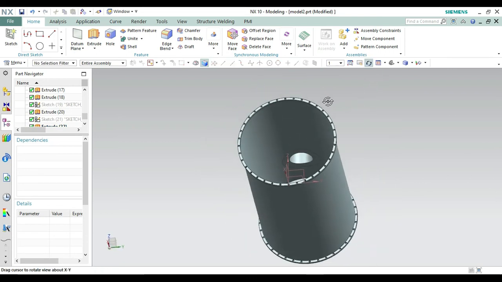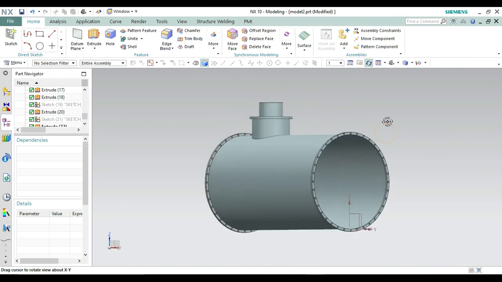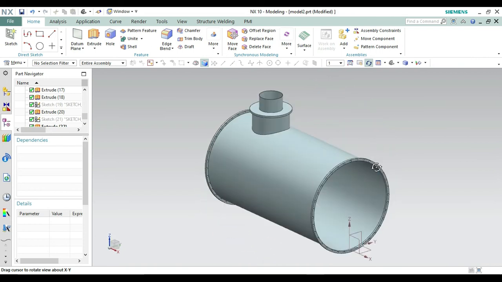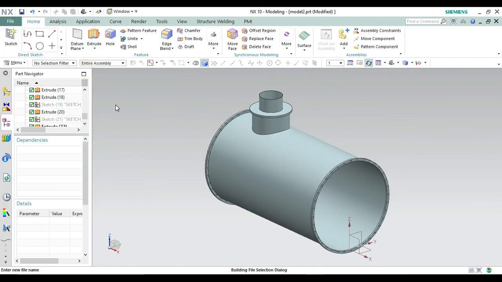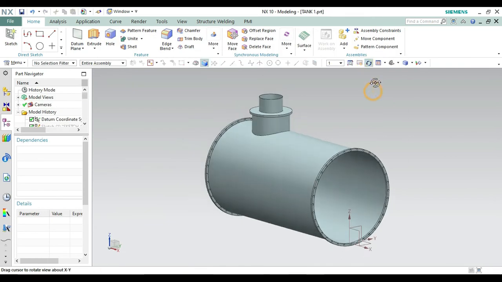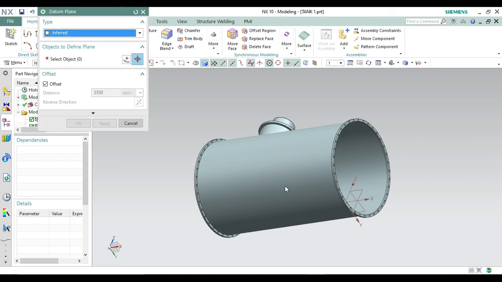Now we only have to create a bottom portion here. Let's first save it, otherwise we shall lose it. Now we have to create the bottom of this. Going on this datum plane, we have to select the bottom again.